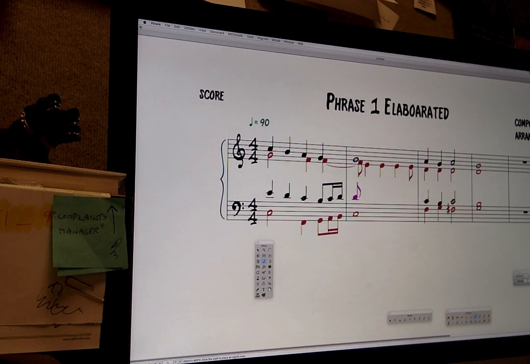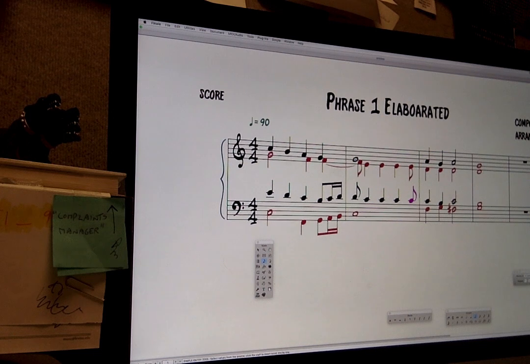Make that a D. And then make this a C, like so. Maybe like that. And then, you know, something like this. All right, what does that sound like? Yeah, that might work. That might work nicely. Okay. All right, now